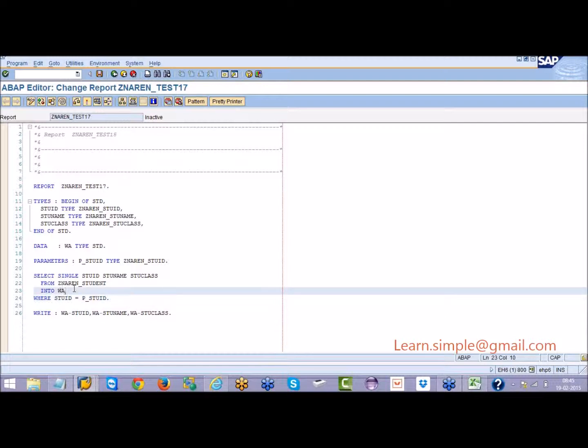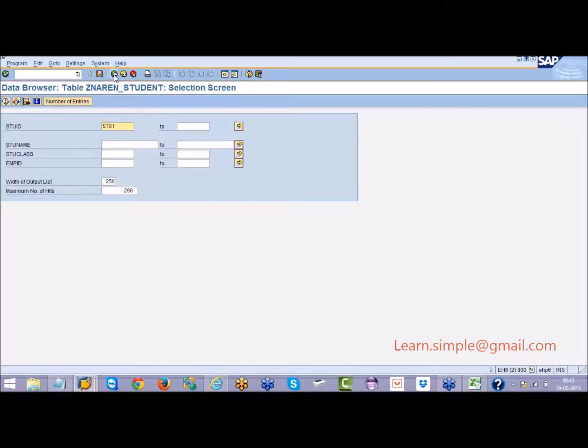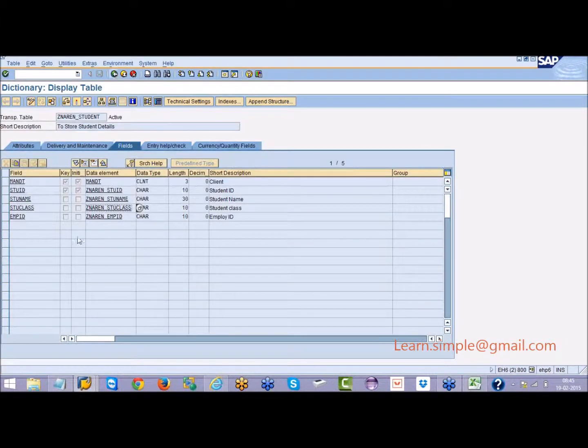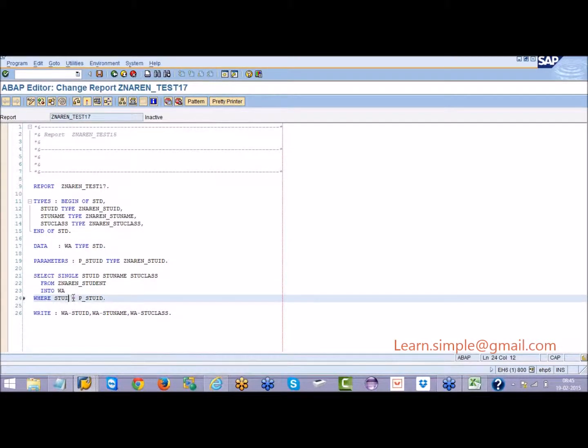So then I can make use of this work area. But what if I am not providing a student ID in the where condition? Instead of that, I may be providing the student class. So I will say in the where condition, where student class equal to p underscore class.